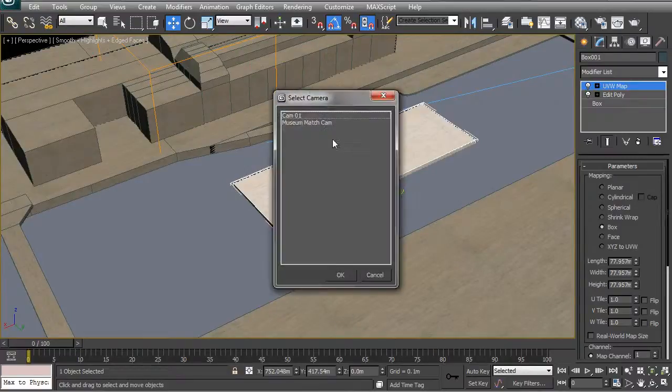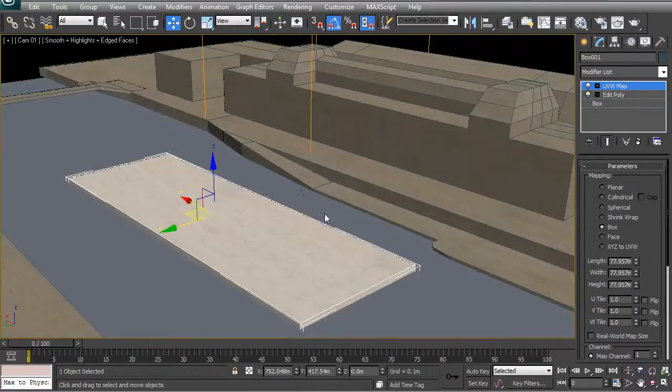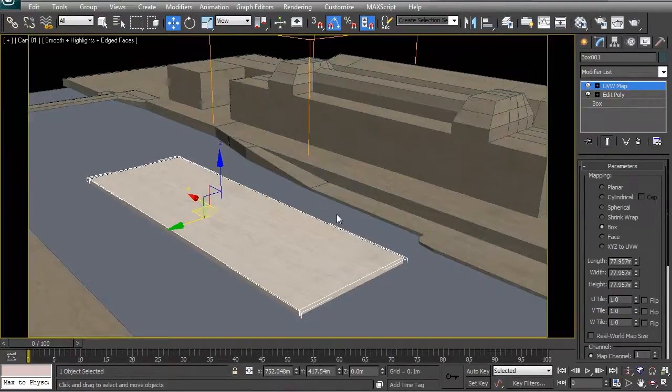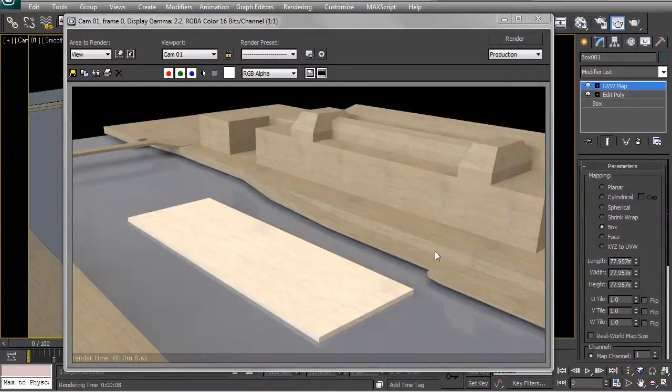So now let's hit C on the keyboard. Let's have a look at Cam01. Let's quickly do a render, and let's have a look at what the result is. So there is our render result. You can see that our balsa texture is starting to show. It's not looking ultra realistic because we don't have any very light reflections in our balsa. It's just a plain texture on the V-Ray material, so nothing glamorous about it yet,